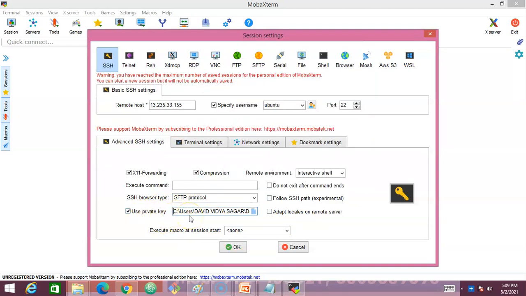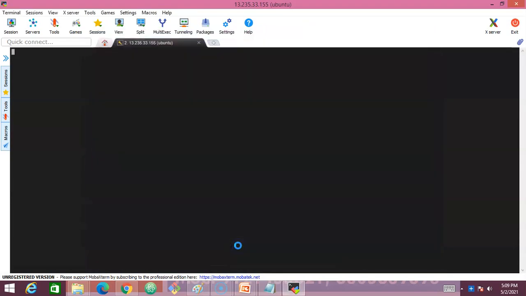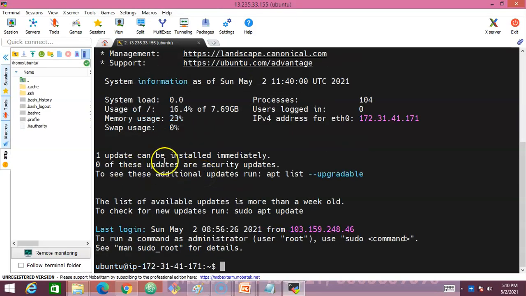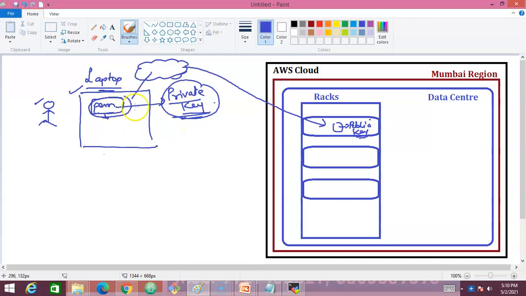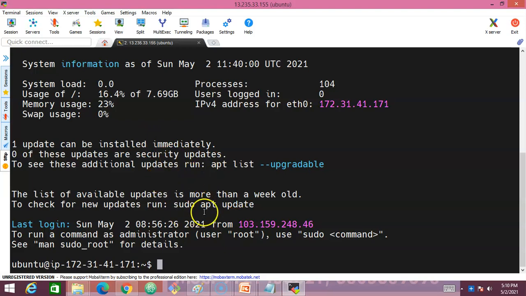So I am sending this private key pair through the internet to the AWS data center, saying that okay, this is my Linux server which has got the public IP, and I would like to connect to this particular server, and I'm trying to pass on this authentication mechanism of this private key and say okay. The moment I click on OK, it authenticates with the public key that is available inside the Linux server. If this PEM key and this public key are matching, then you'll be able to connect to your server. You'll be able to log into your server.